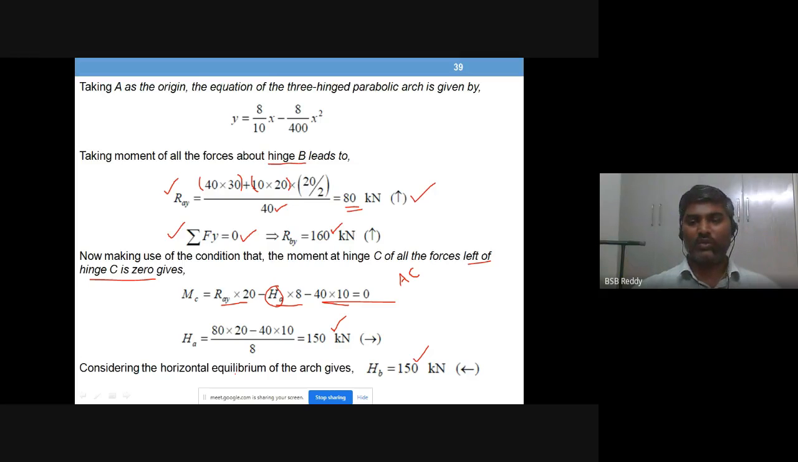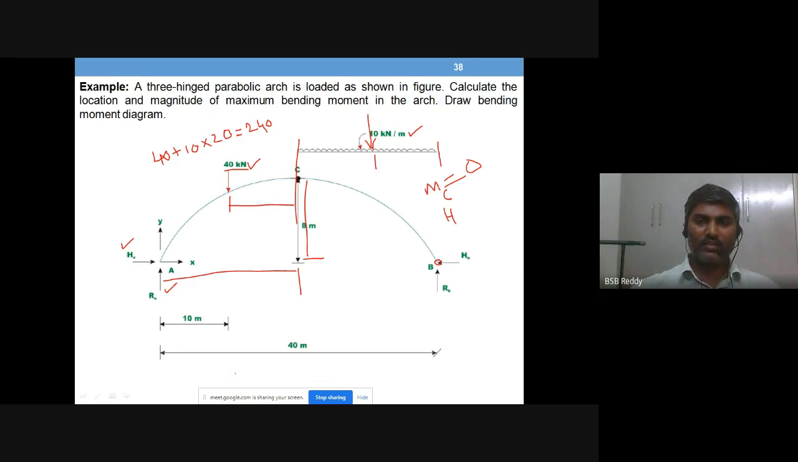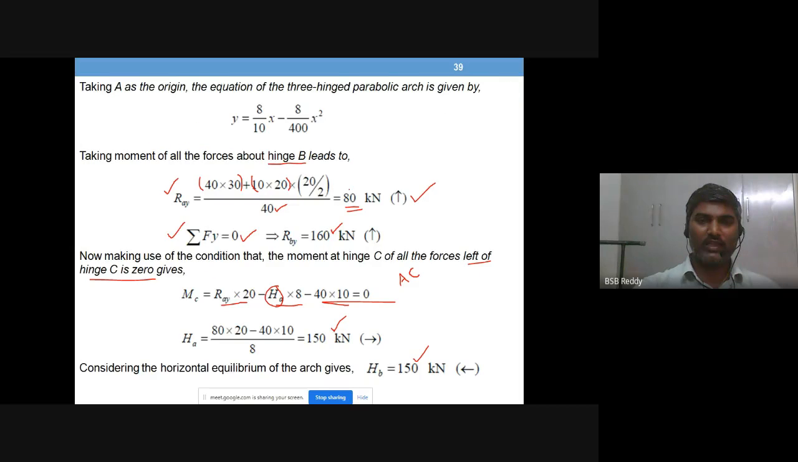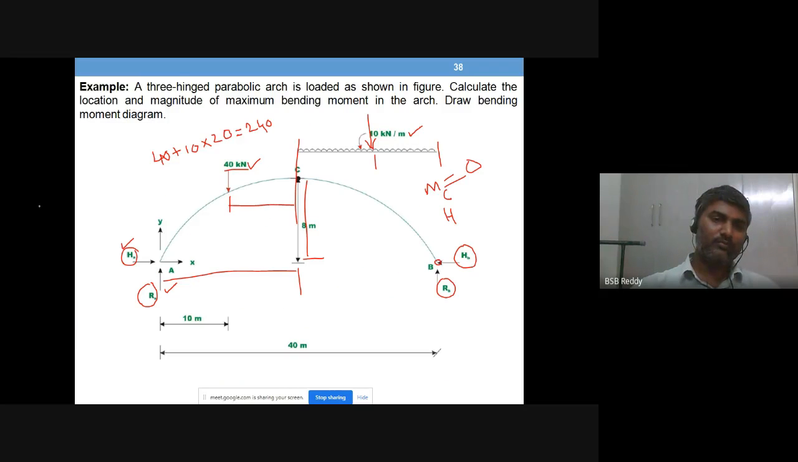So this is how we solve for four unknowns present in the arch, which are external reactions. So H_A, R_A, two reactions at A, and R_B, H_B, two reactions at B. So total four reactions you are able to find. So the R_A value you got is 80, R_B is 160, and H is 150. Okay,